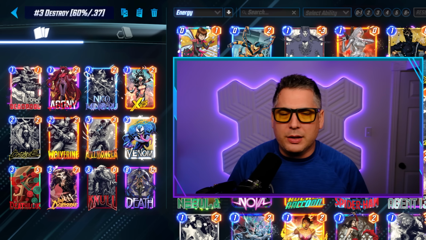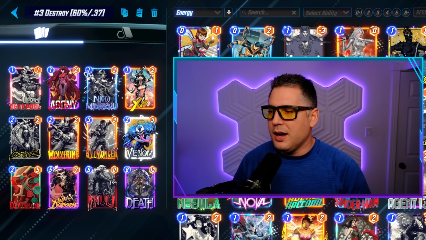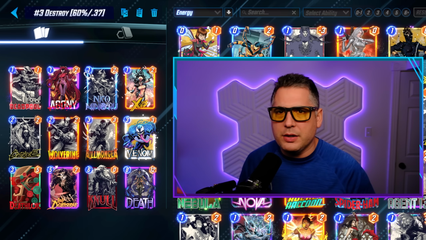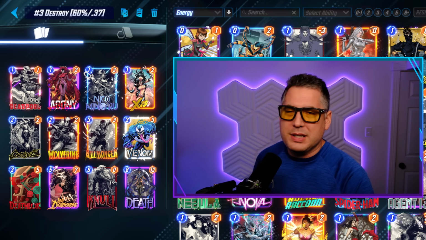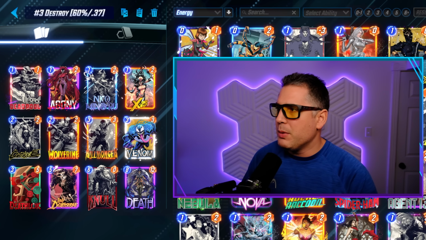You can do Agony Wolverine. Like, there's multiple ways that you can utilize Agony. She tends to perform pretty well here. And generally speaking, in playing this deck, I found myself able to get enough Destroy momentum going that I was getting high quality nulls. I was getting well discounted Deaths. And so I felt like I had options going into a lot of these turn 6s,